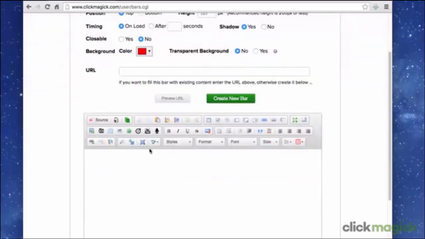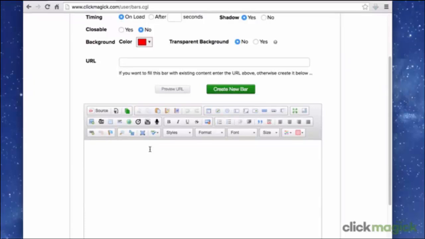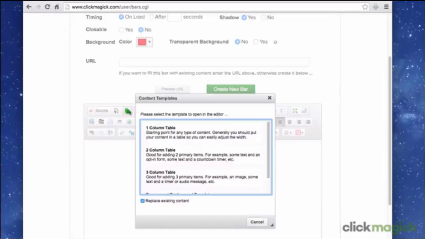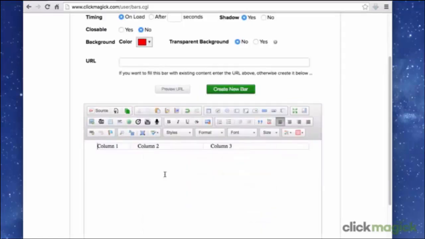I'm going to create my magic bar in the content editor, and the style of this bar is going to be very simple. I'm going to have a headshot of a woman here on the left. I'm going to have some text here urging them to take action, and then I'm going to have my timer. I'm going to go up here to the predefined templates. I'm going to choose the 3-column layout, and the very first thing I'm going to do is widen the table